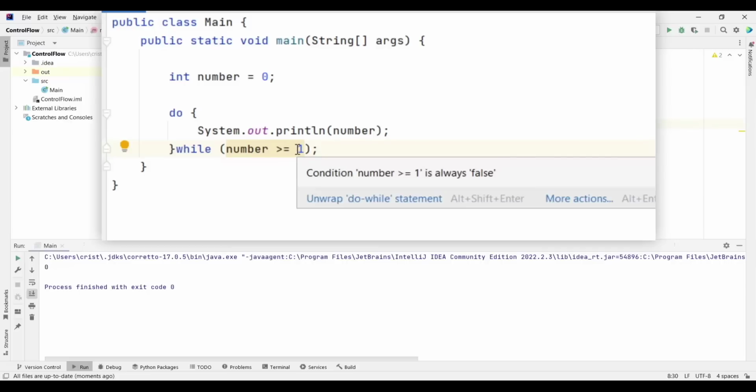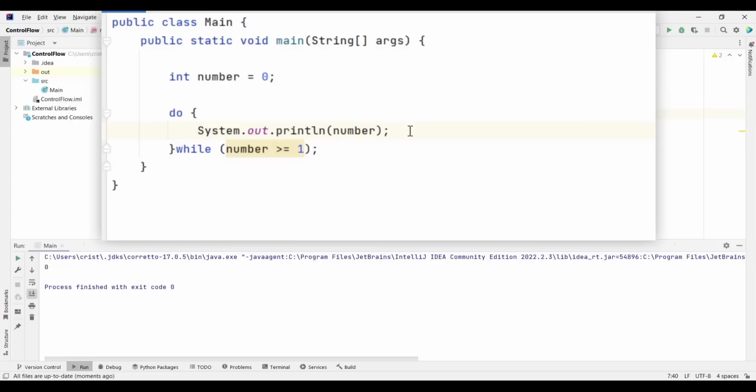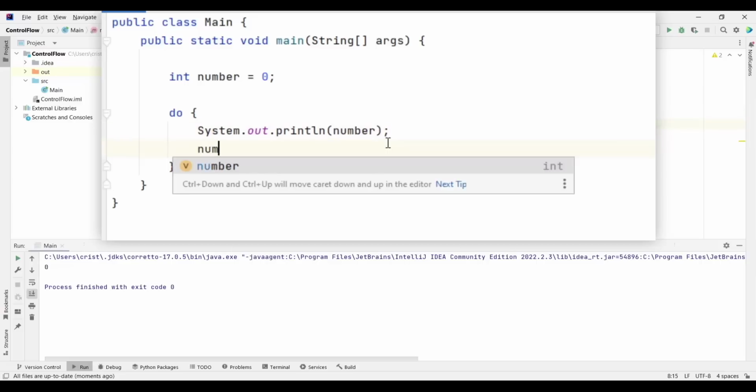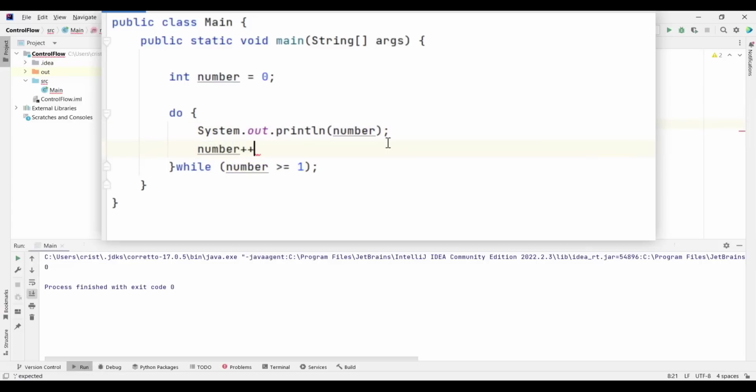But what we can do is also make the condition true by incrementing our number. So we can put here number plus plus semicolon, and now let's put while number is less than or equal to, let's say, 10.